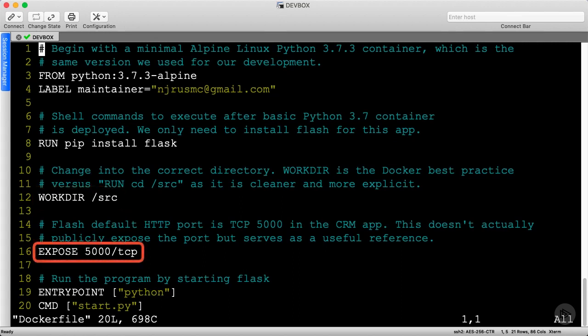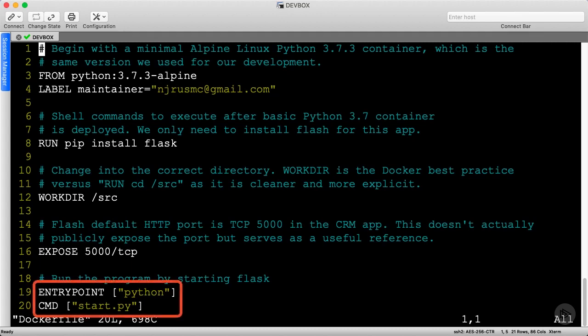The EXPOSE command enables external network access to a container. It doesn't necessarily change the Linux OS hosting Docker, but instead provides a hook into the container. If you remember, our Flask app runs an HTTP server on TCP port 5000. Let's present that to the Linux OS. We'll explore how to publish a public-facing port soon. If you don't know much about networking or TCP, don't sweat. That's not too important right now.